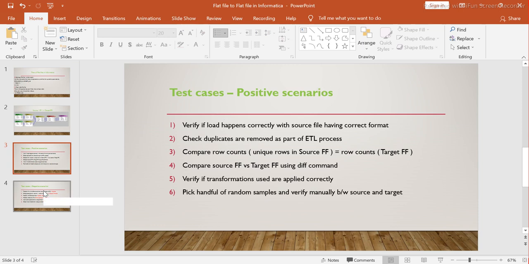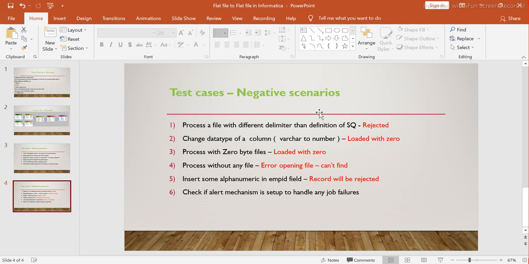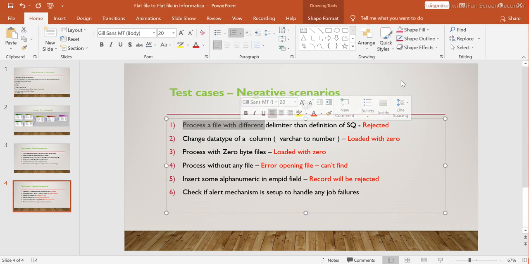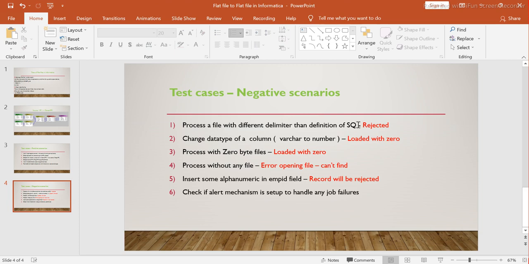Now we have some negative scenarios, guys. So what are the negative scenarios? I'm not going to run it right now, but I will just walk you through them. Because we have a time limitation, I cannot show you running the mapping, the workflow basically, every time. So the first negative scenario is to process a file with a different delimiter